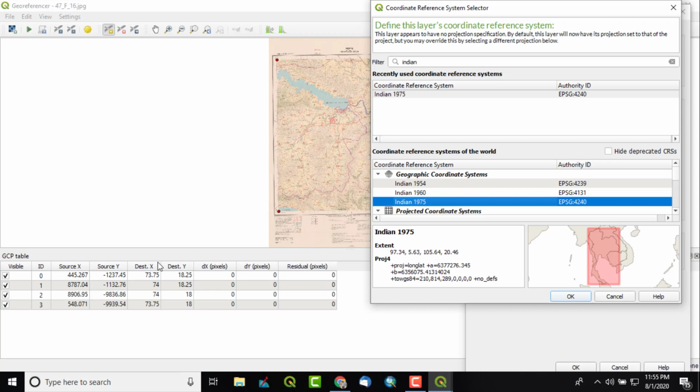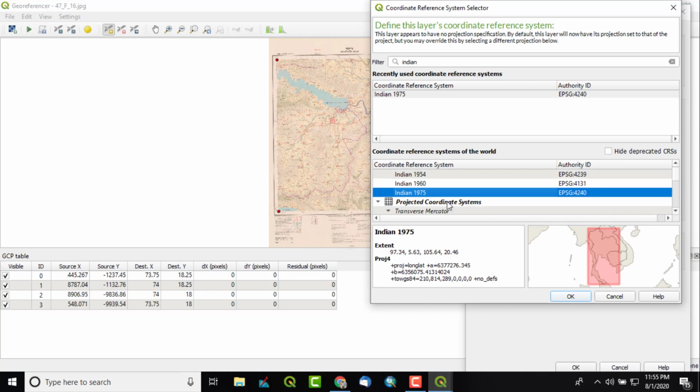That's because in X and Y here we have longitude and latitude degrees. When we measure the coordinates, we can then assign the projected coordinates, or we can transform this georeferenced file from geographic coordinates to the projected coordinate system. There is an option called reproject. So I have selected the coordinate system, just click on OK.